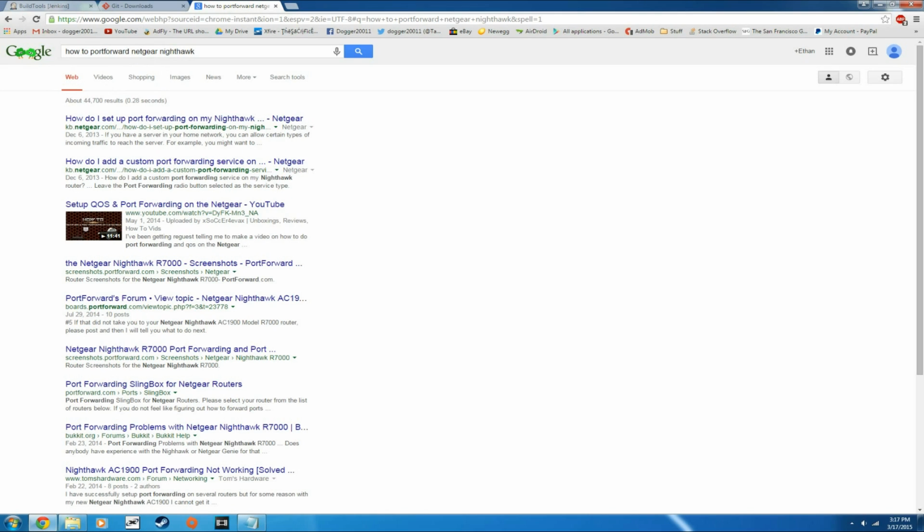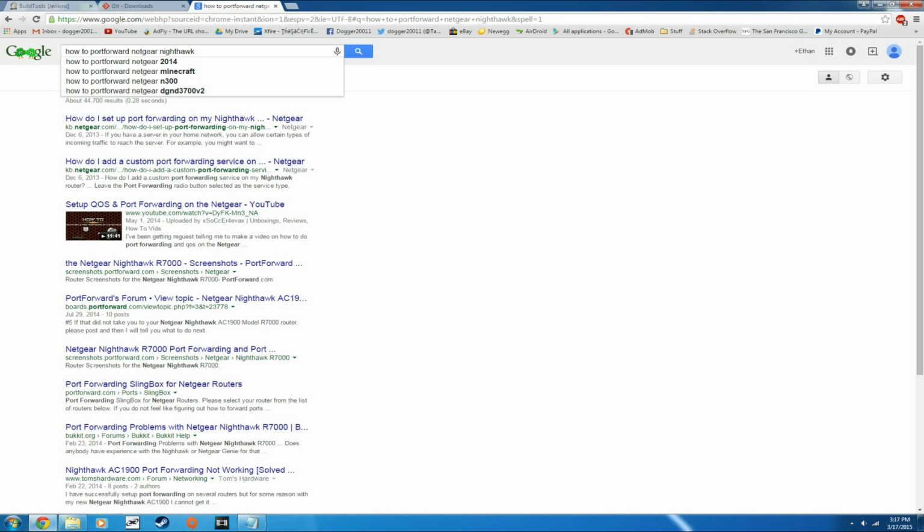I don't even remember all the brands now, but you might have a different router, and that's why I don't go over it, because it's going to be different for just about every person. There might be some people with a Nighthawk, and that might be beneficial to them, but not everybody has a router like I do. So I don't really want to confuse people. I just say go look it up yourself, and when you want to open the port, just put the port